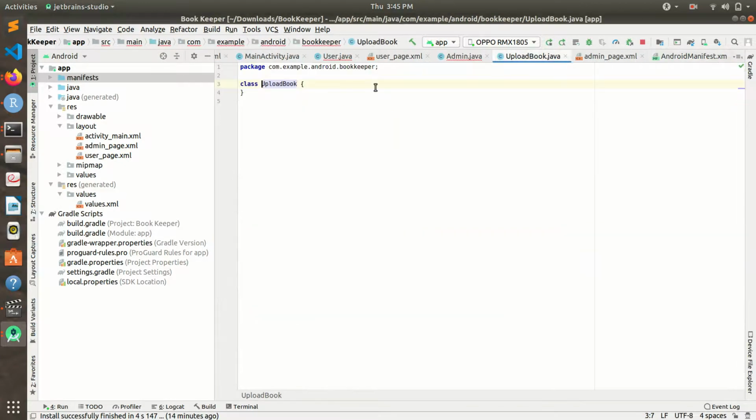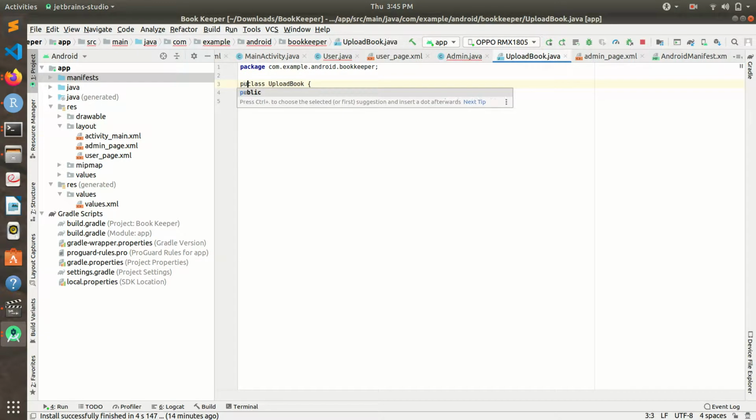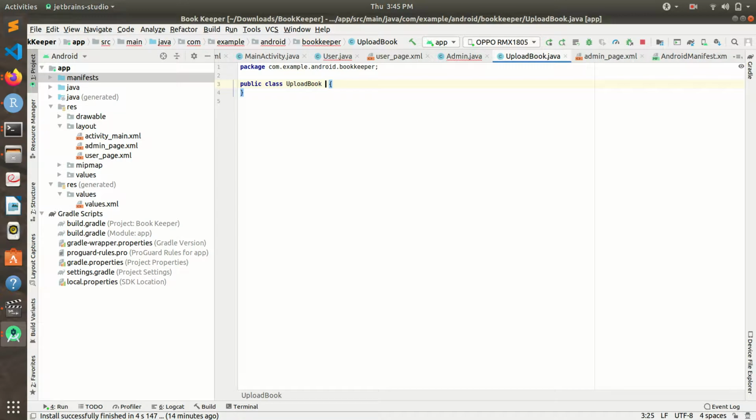Then we should make this class public and extend it using AppCompatActivity, because you will be assigning an activity with this class.